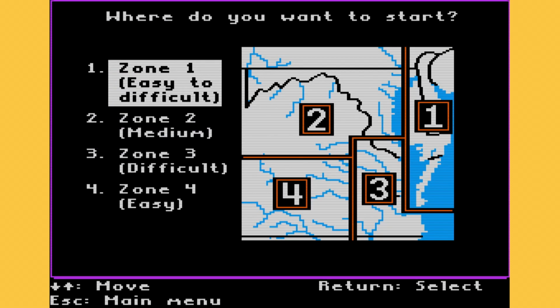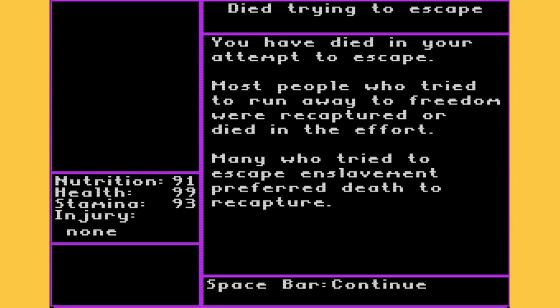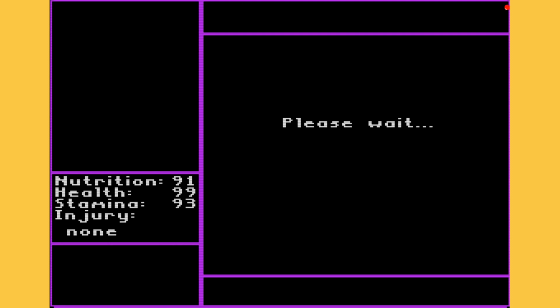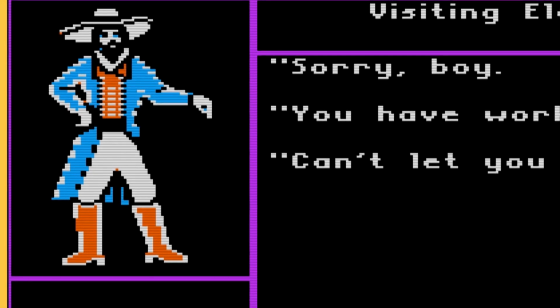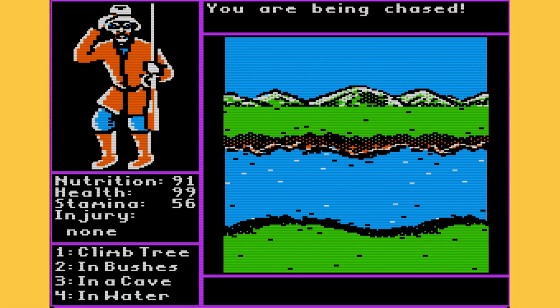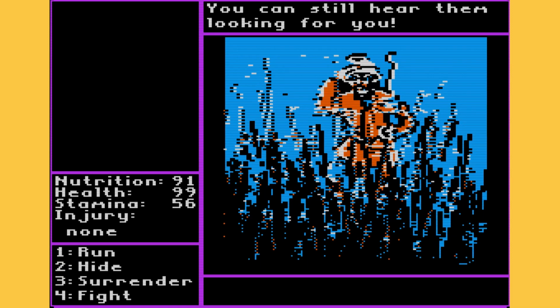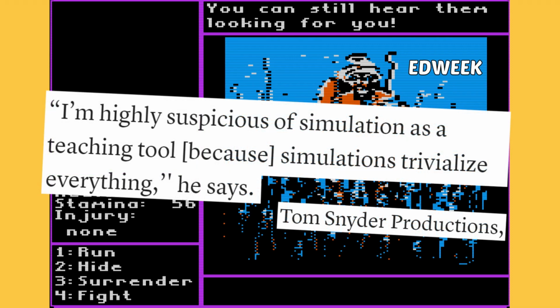Even the easiest difficulty is at least twice as difficult as being a farmer in Oregon Trail. And while it does help the game's case of displaying just how difficult it was for slaves to escape to the north, disregarding the problematic elements, I didn't even mention the little pose that the slave master's in, looks kind of familiar, doesn't it? Its intense challenge doesn't really offer a lot of freedom, pardon the pun. And in regards to the comments about the game at the time, I agree in this way. It doesn't seem like it'd make for the best educational tool.